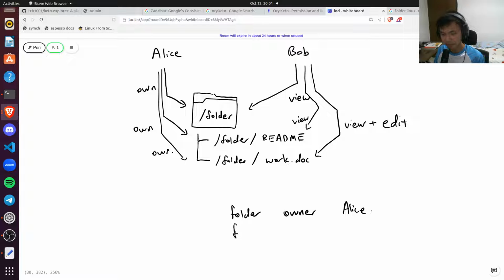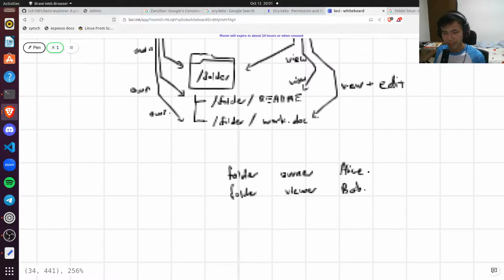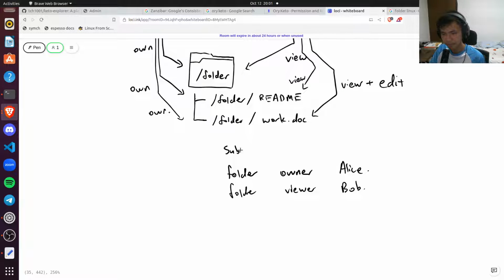And we can say the folder can be viewed, right? We call it viewer of Bob. So read the other way, right? This is the subject, this is the relation, and this is the object. Sorry, no, it's the other way around. This is the object, and this is the subject. Okay, so